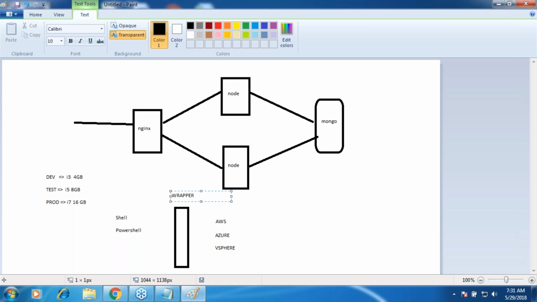So this UI, what is it doing? It is wrapping the code-specific implementations, and for you it is very generic, because you have a UI, you write the name of the service, and you click on start, stop, and restart. Right. So we are trying to think of such a solution,